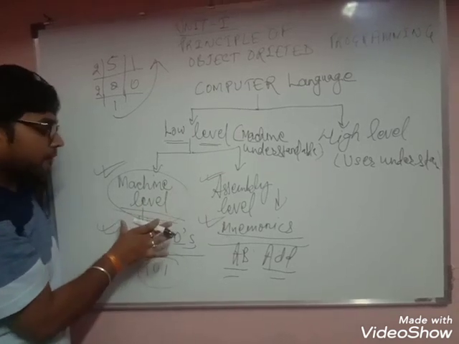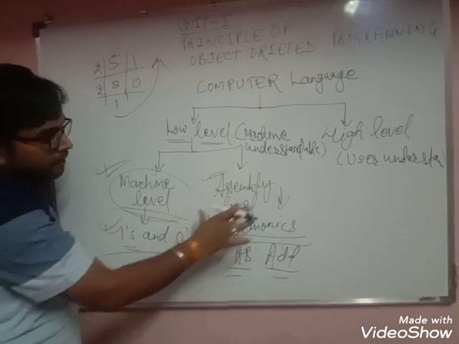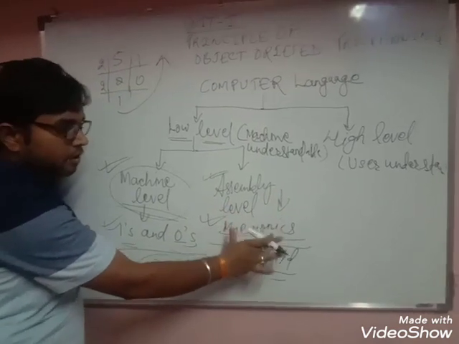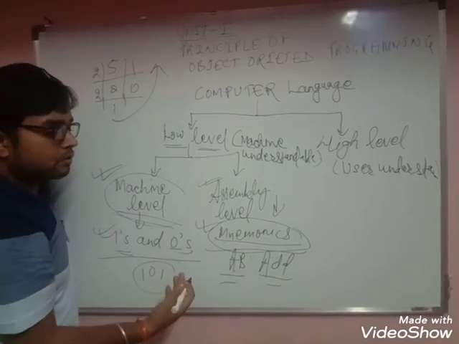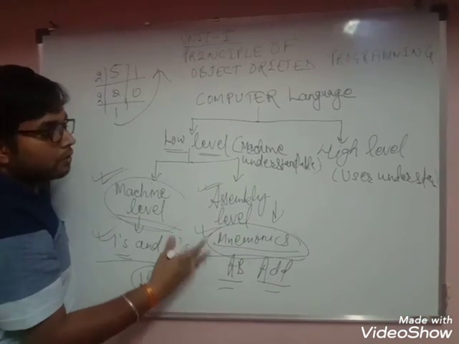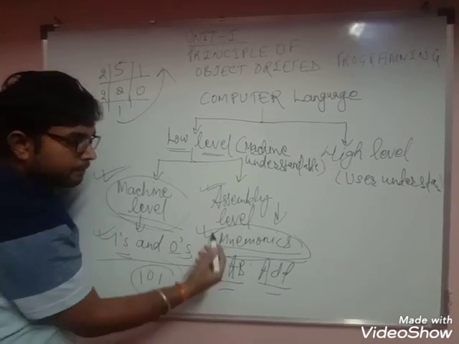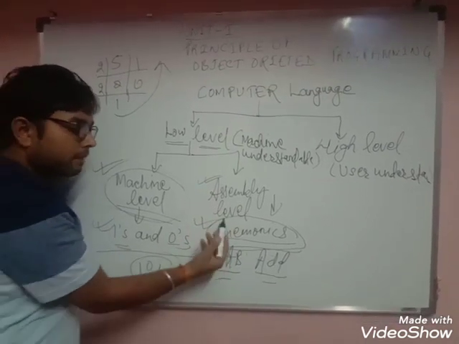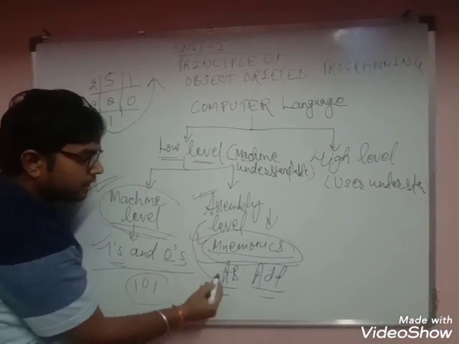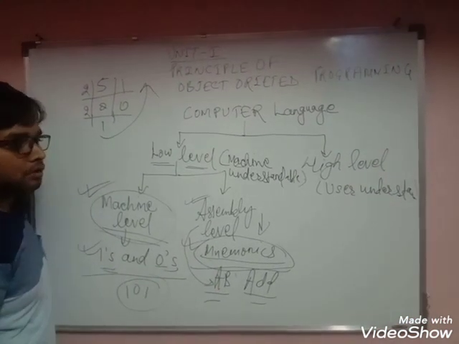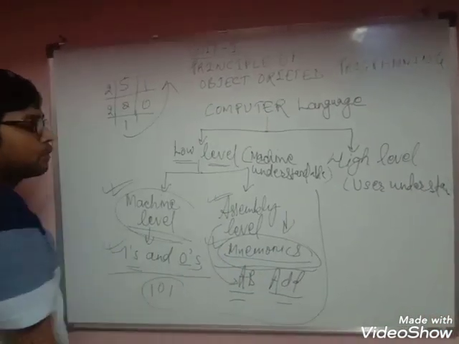First is machine level language, in which all the instructions are written in 1 and 0 form. When we come to assembly level language, all the codes are written in mnemonic codes. What are mnemonic codes? You can see in my next video. Assembly level language is better than machine level language, as you can write in alphabets also. Now this topic about low level language is completed.